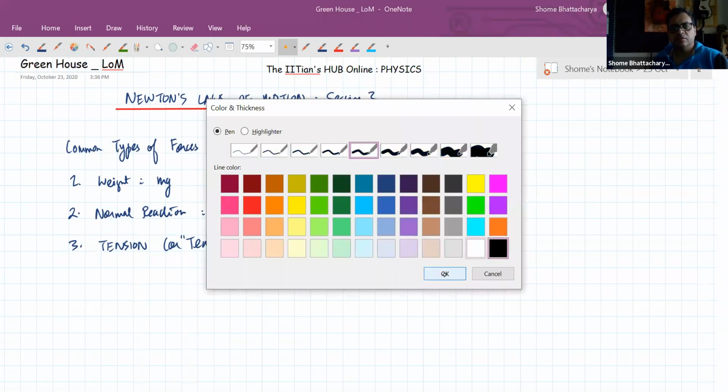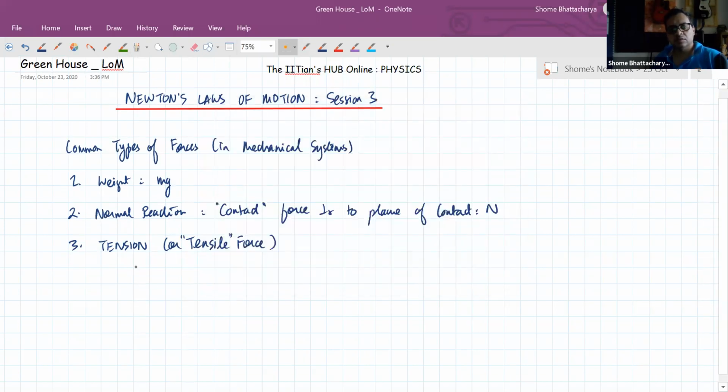The idea is that whenever there is a thread or a rope, or even a thin rod, a longitudinal material which has a significant length, which is being stretched under the action of external forces, then it develops a sort of tension. It becomes tight, as opposed to when you're not applying force. Just imagine a rope lying loose on the ground. It is in a state of no tension, what we call a loose, or sometimes a lax, state.